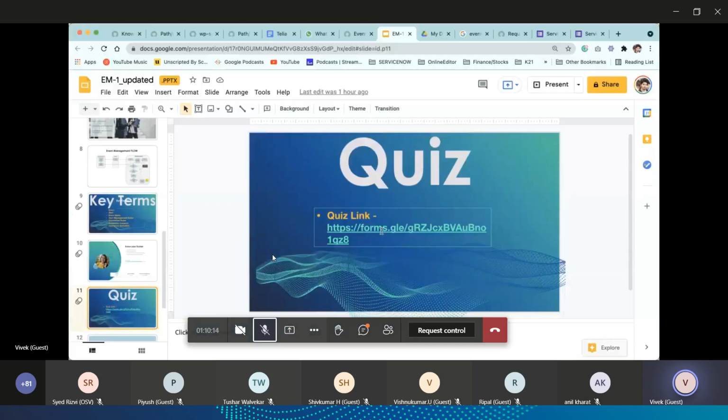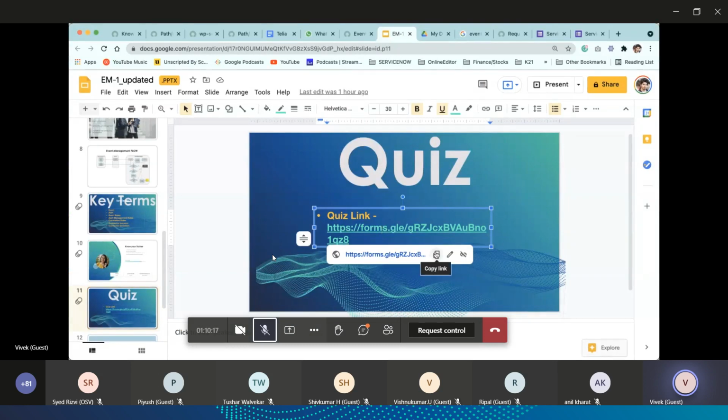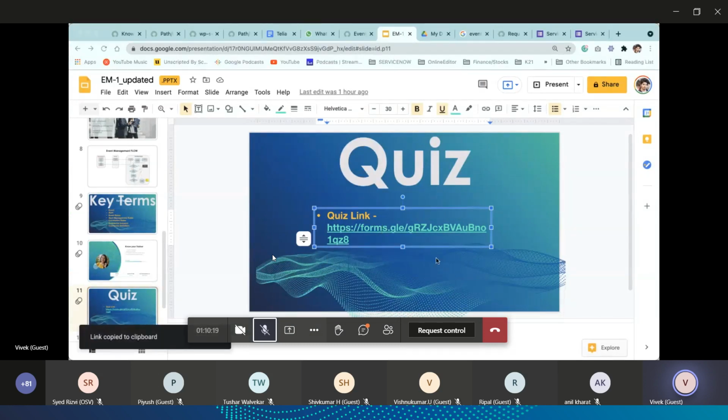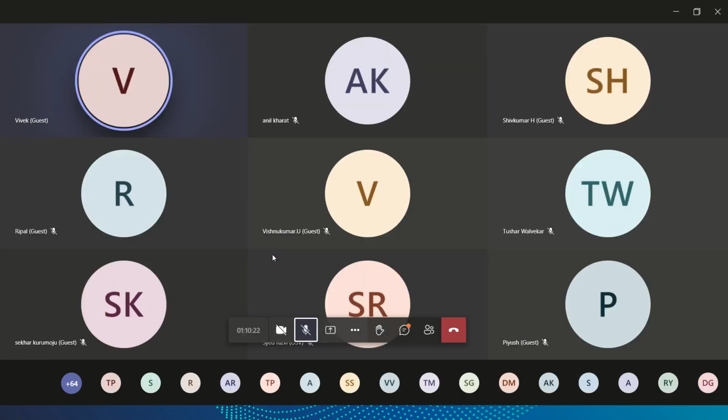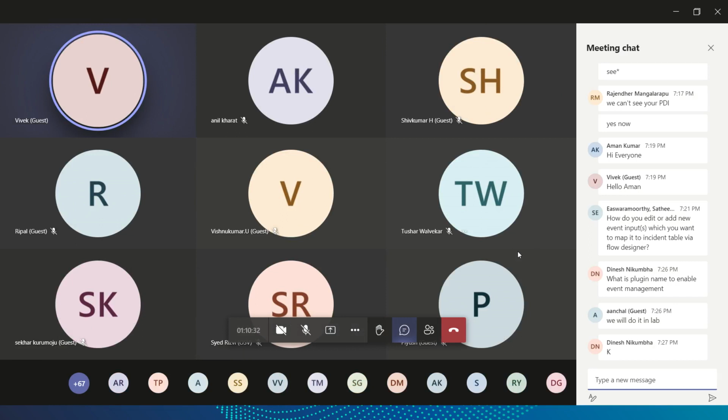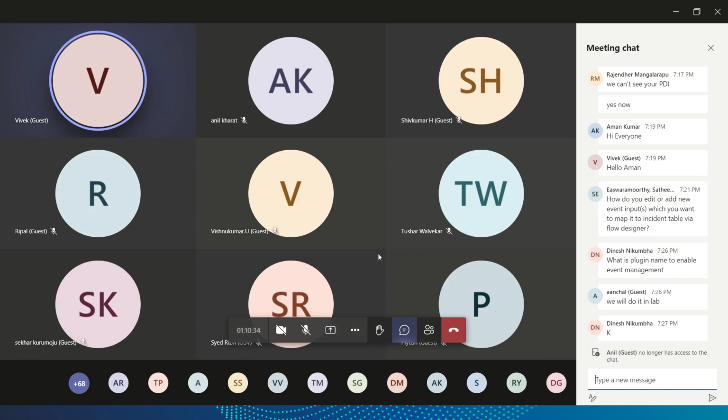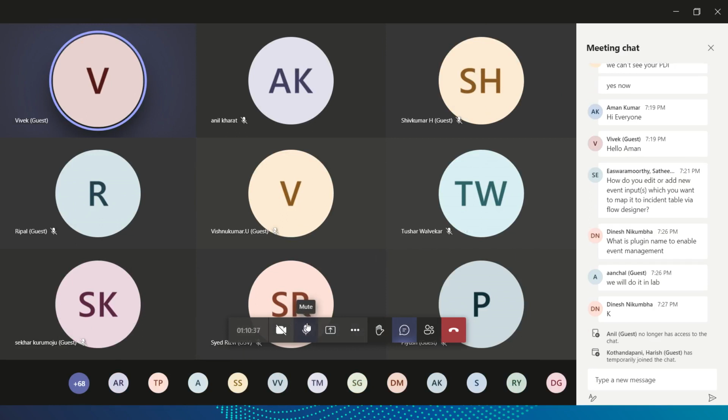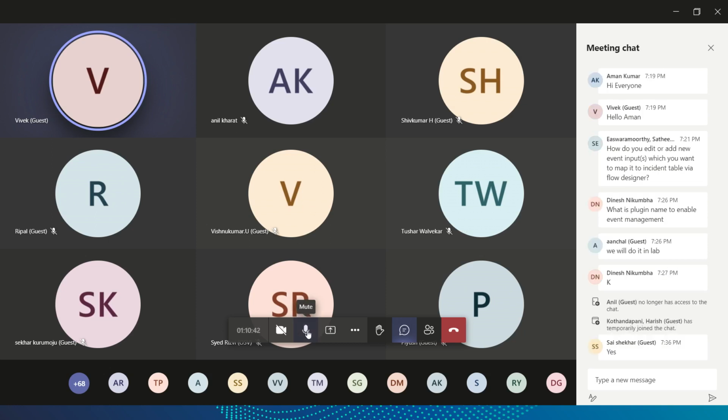Achal, may I share the quiz link with everyone? Yes, please go ahead. I'm pasting the quiz link in the chat, and let's take 3 minutes. That's fine, guys. Silence is always yes. After this we will be doing the lab as well, so make sure that you do the lab. That would be important to provide you with clarity.